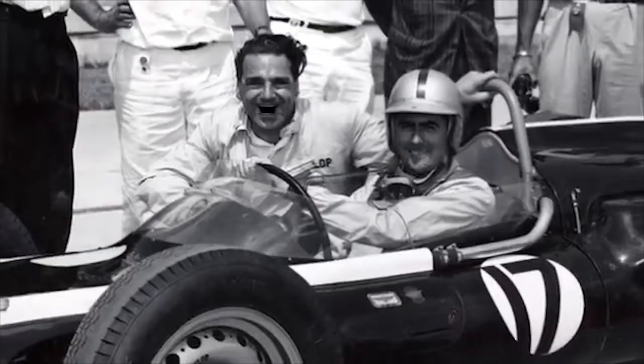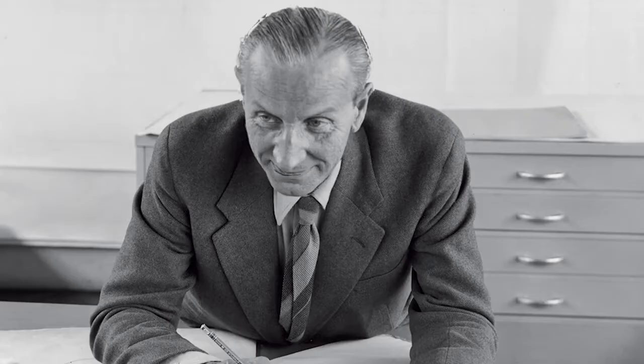Cooper saw the Minis racing in Monte Carlo and was like, do you guys really want to win? I can help you do that. And Issigonis was like, okay, chap. Cooper tuned up the tiny engines to make 70 horsepower and upgraded the brakes. The result was the Mini Cooper S. Ever heard of it? John Cooper and the gang took the Mini back to Monaco in 1964 and kicked everyone's